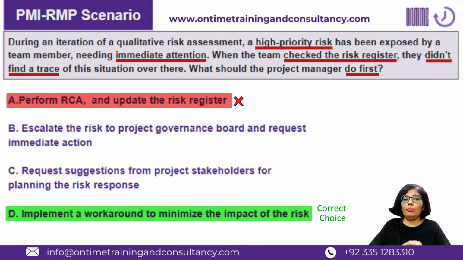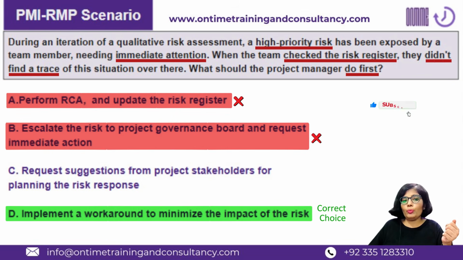And then A and maybe B as well is going to be done. So B is escalating the risk to the project governance board and requesting immediate action. I do not disagree with this as well. Yes, in some cases, you probably do not have that much provision or authority available with you to deal with this kind of situation all by yourself, and at times escalating the situation to senior management, to the sponsor, to the steering committee is also a very good step. However,